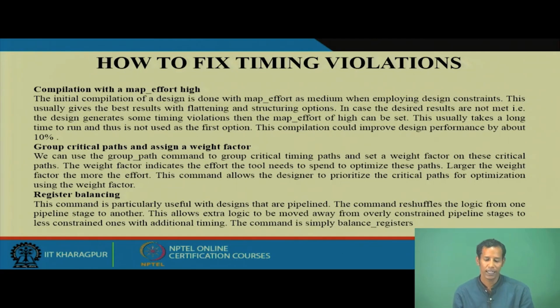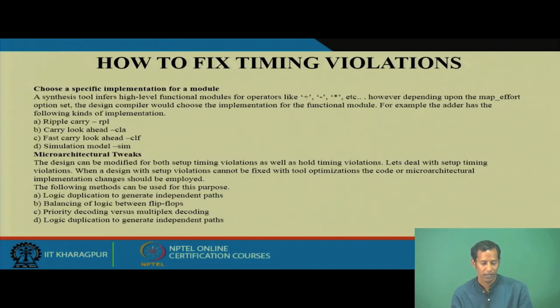So, these are the techniques by which you can fix the timing violation. In compilation mode, you can set the map effort to high, and you can identify the critical paths and group them and assign different weight factors, so that the tool automatically tries to modify those paths to get good performance. And then you have other options like register balancing,